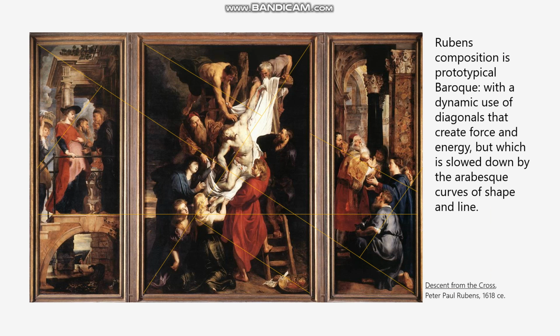So some of the paintings we've been looking at have been Baroque paintings, and I wanted to talk specifically about Baroque composition and how it's different. Earlier we were talking about Renaissance composition and their use of triangles, and here with Baroque composition,